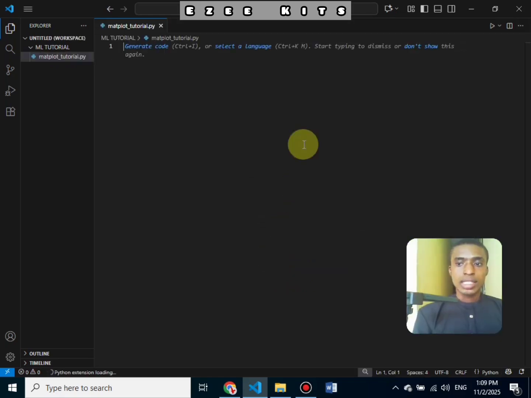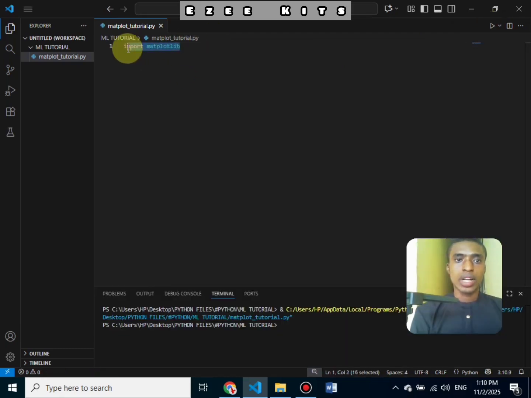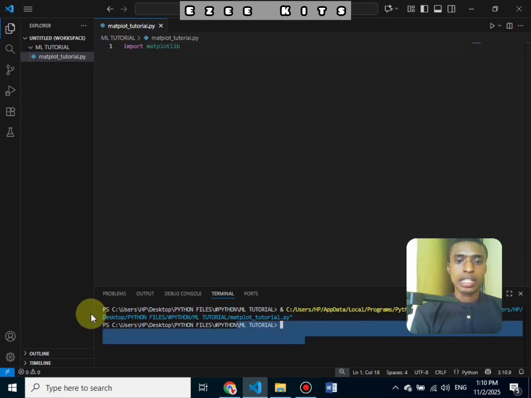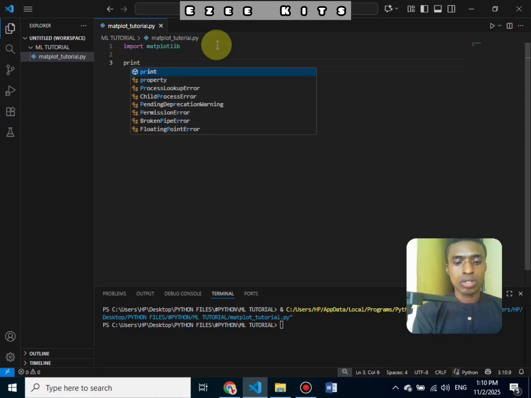As you can see now, everything has loaded up successfully. The first thing we want to do is import Matplotlib. Let's run this to see whether we run into any error. You see here we run the import and everything runs successfully without any error, which signifies that our Matplotlib was installed successfully. If we want to check the version, we can see that